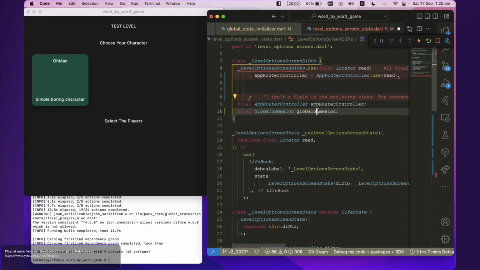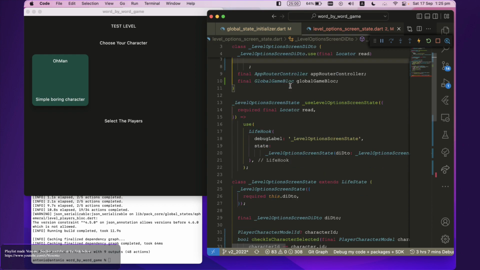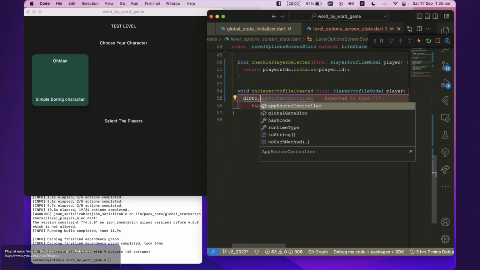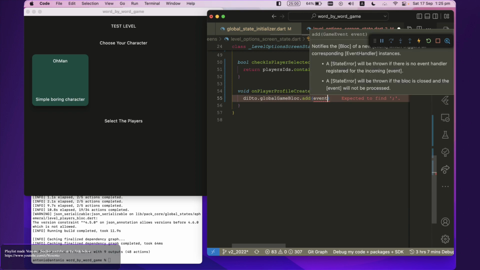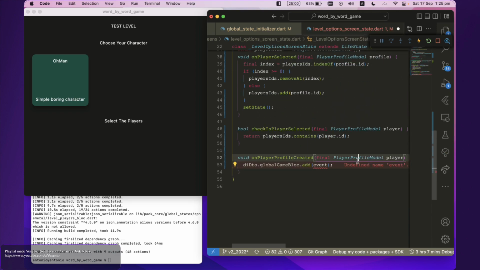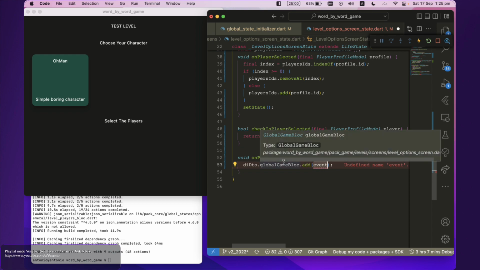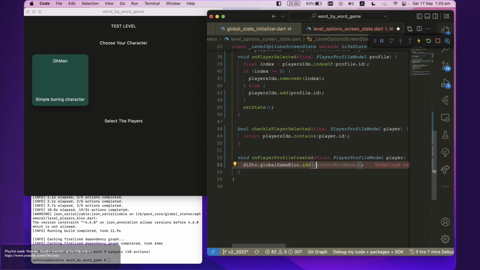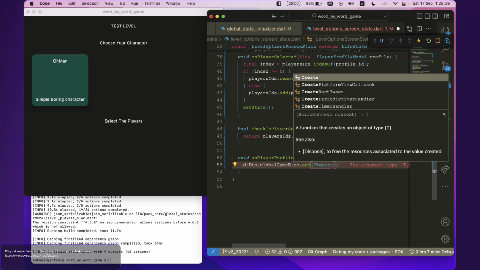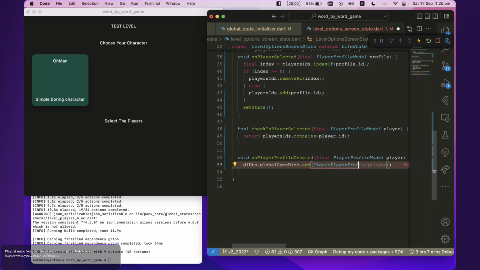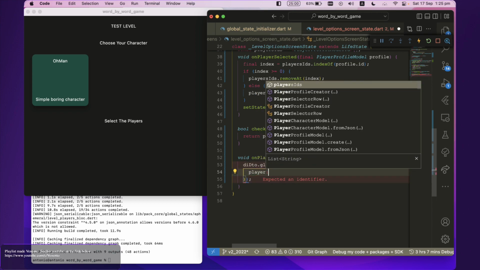Let's add it to the dependency injection DTO. Read it from the context. Now we can access the global game log and add a new event. The new event will be create player profile. I think we will also add a player,